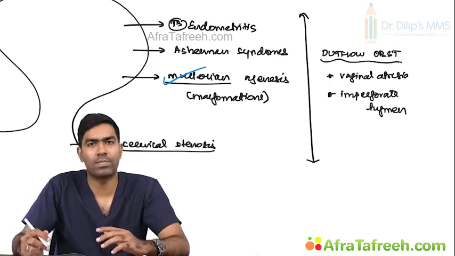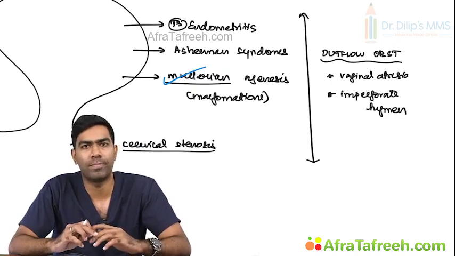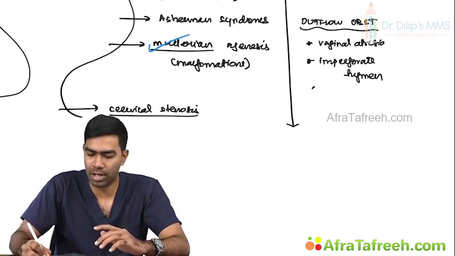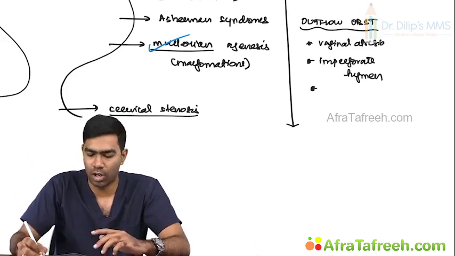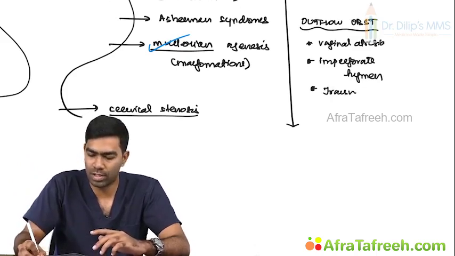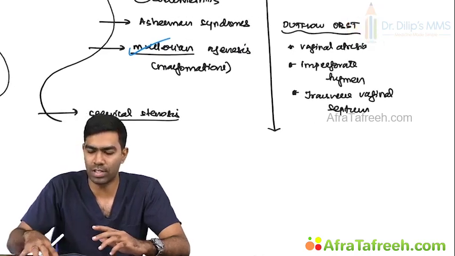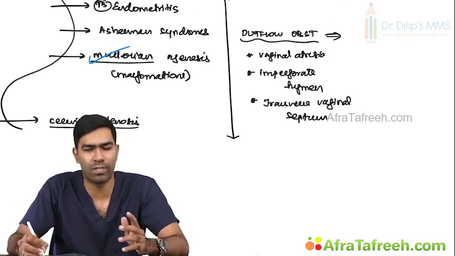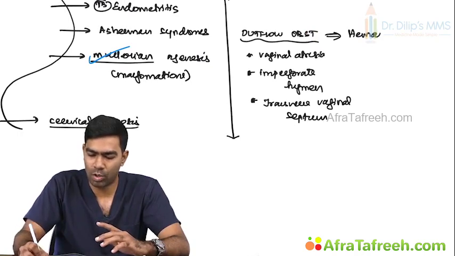In the speculum, imperforate hymen looks like a bluish colored membrane, most of the time a bluish bulging membrane at the introitus, or it can be due to a transverse vaginal septum. In all these conditions, FSH and LH are supposed to be normal. So usually this outflow tract obstruction will lead to a peculiar phenomenon called hematocolpos